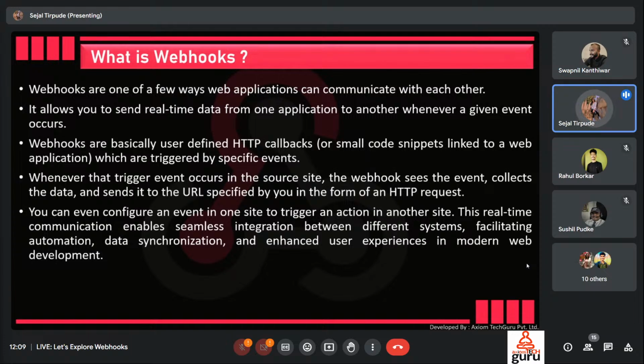Whenever that trigger event occurs in a source site, the webhook sees the event, collects the data, and sends it to the URL specified by you in the form of an HTTP request. You can even configure an event in one site to trigger an action in another site. This real-time communication enables seamless integration between different systems, facilitating automation, data synchronization, and enhanced user experience in modern web